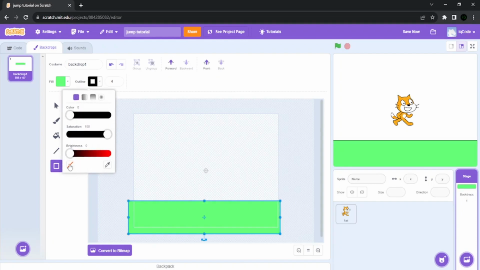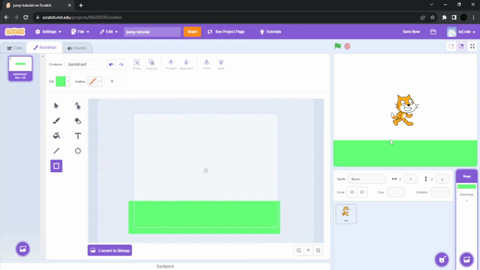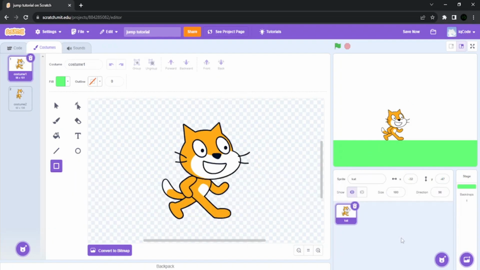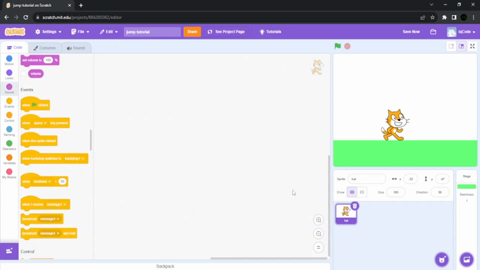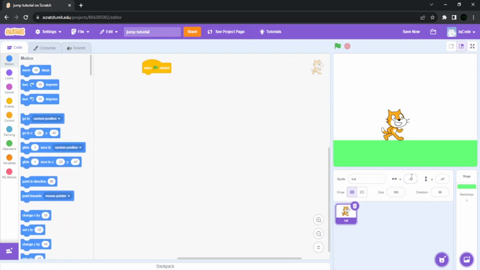So I just make it transparent and boom, that's perfect grass. Line your cat up there. That's where our jumping line is going to be. Then we're just going to go to code. We're going to make it so that when clicked, it is going to go to this position, -32, whatever this is,